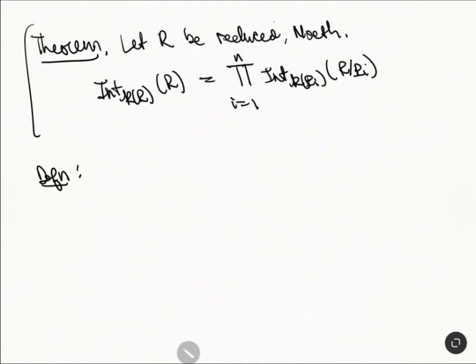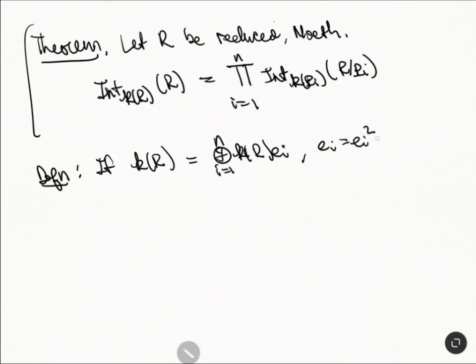Okay. So if kappa of R breaks into a bunch of different components, that is, kappa of R is equal to a sum of kappa of R of e_i. So if this is for reduced rings again, i is equal to 1 up to n. Let's say it breaks up into a bunch of different things, so the e_i are idempotents. Okay, then we'll define the